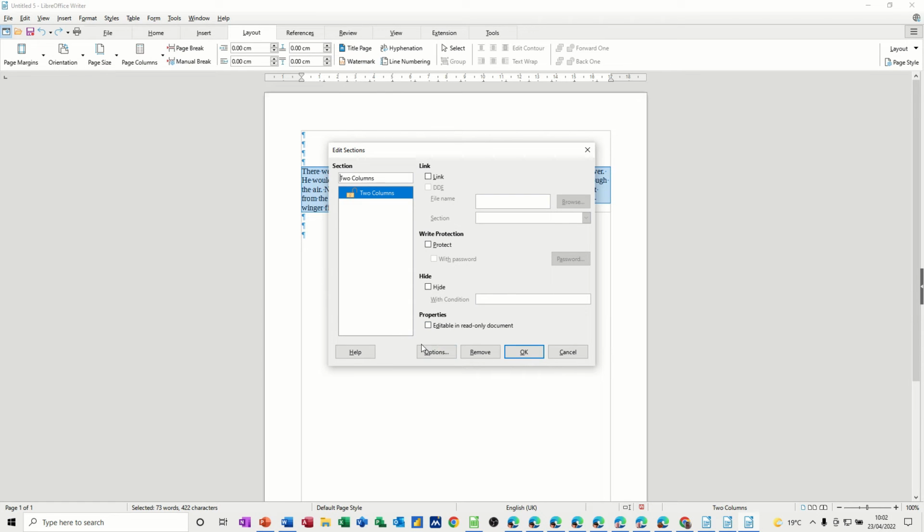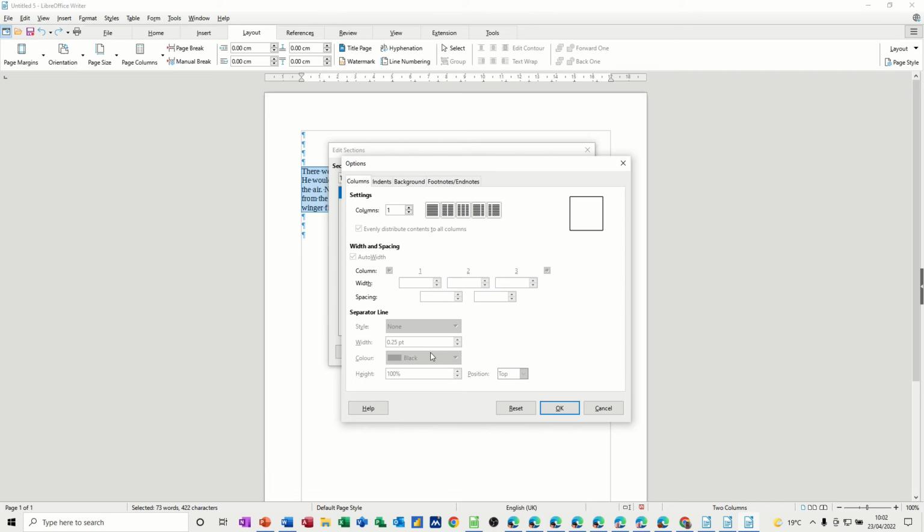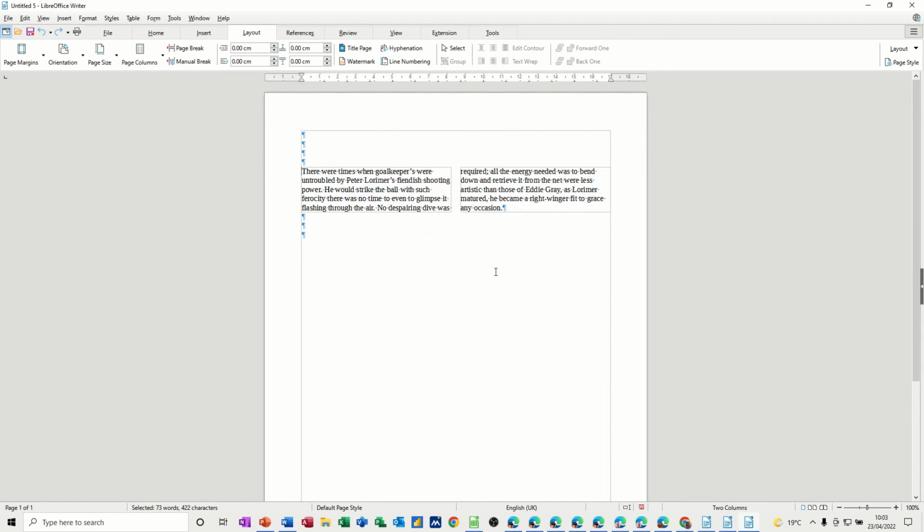Down the bottom here you've got options. If I go into there, you can select how many columns you want to be in this section. So I just want 2, I've called it 2, and then you get the preview there. You can do the spacing if you want it wider, but that'll do for me. I'll click OK to that, click OK to that, and then you've got your text split into 2 columns, which